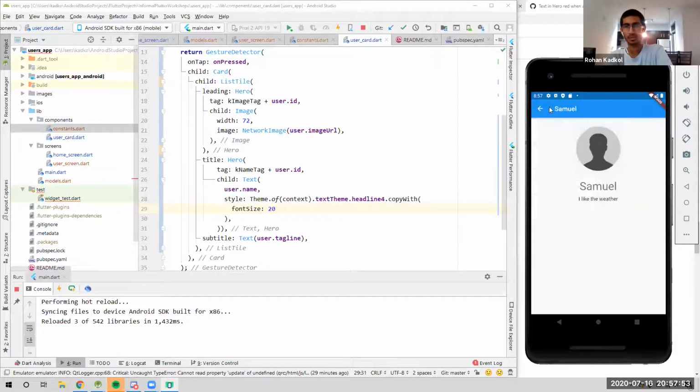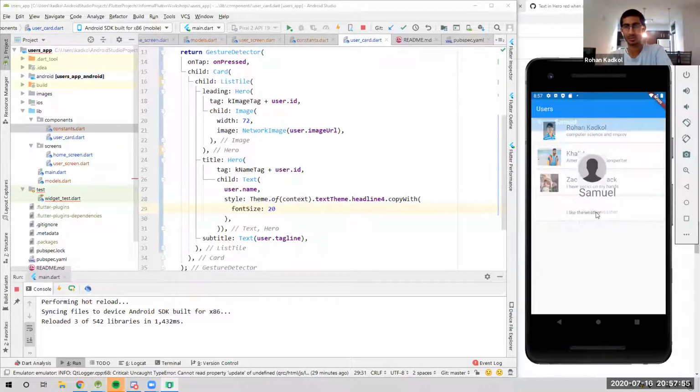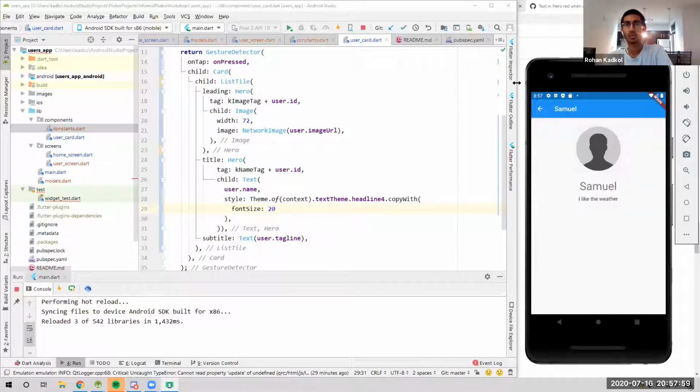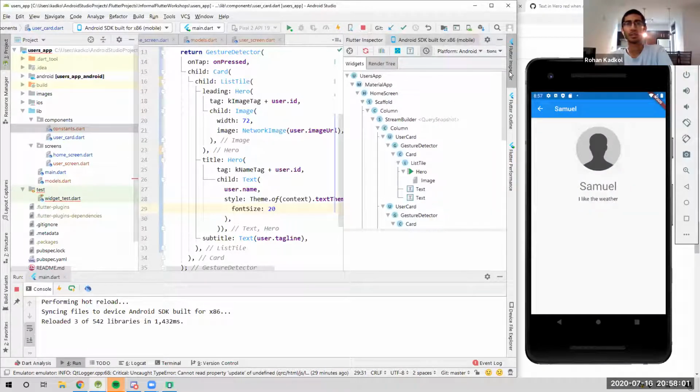Maybe this will work. So while returning back, it's causing some kind of problem. So if you notice in slow mode,